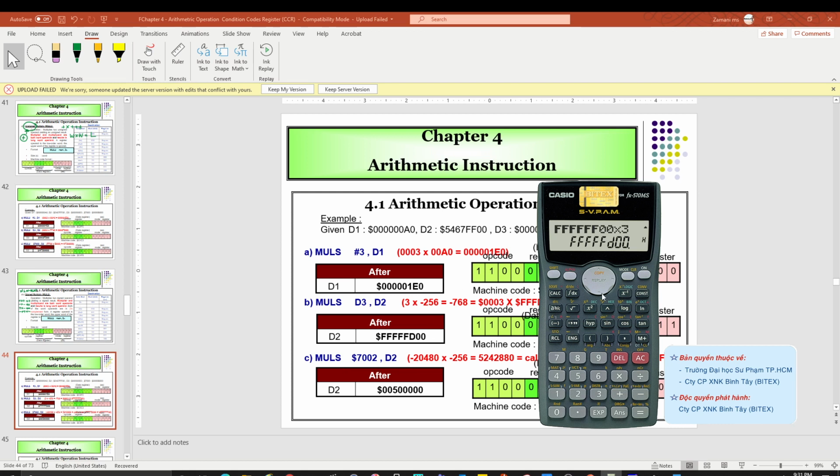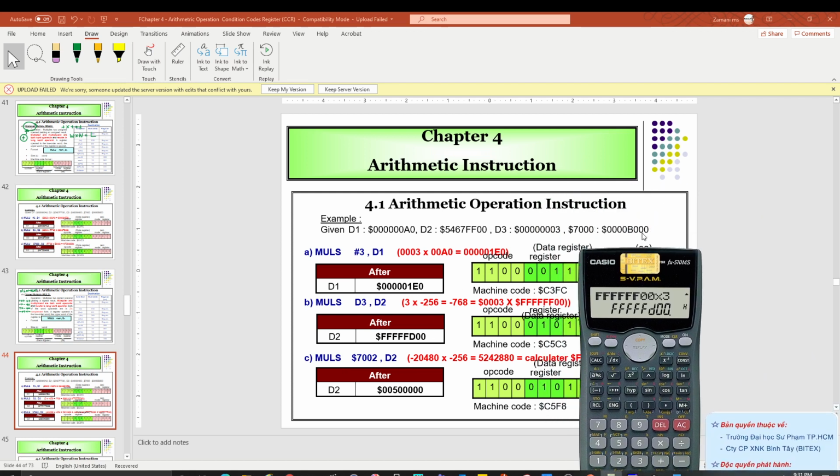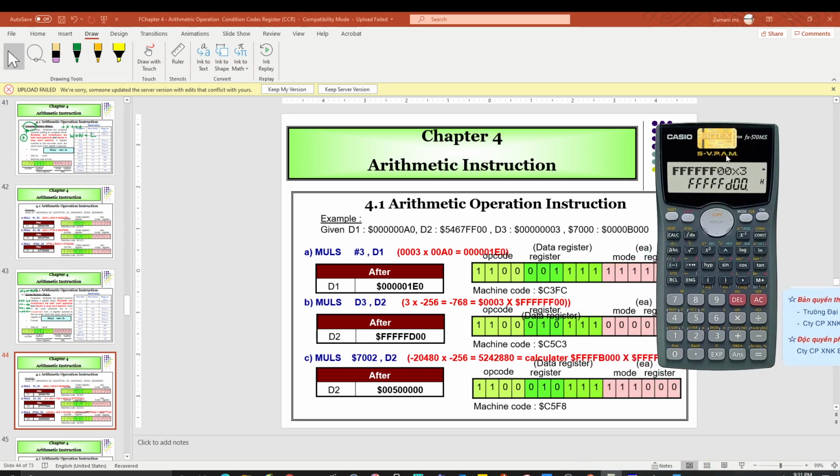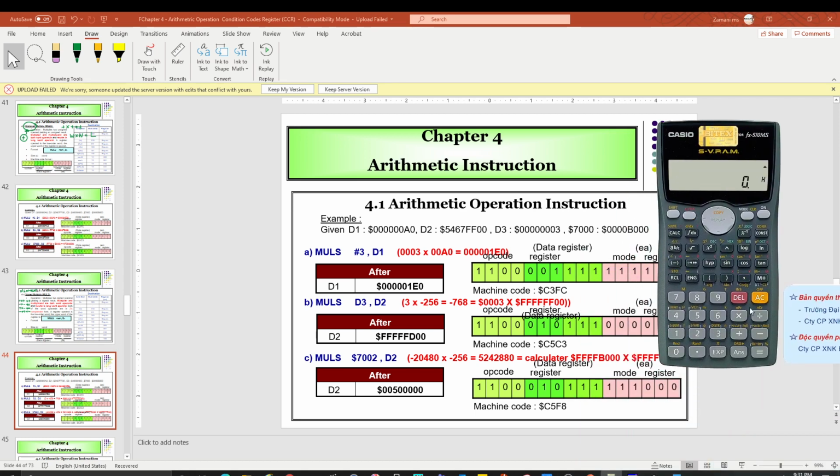So then 7002. 7002 is what? 7002 is B000. So this is also a negative number, so you have to represent all B000 as a negative number because this is word size. So now